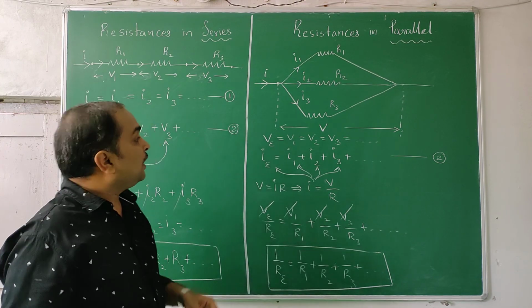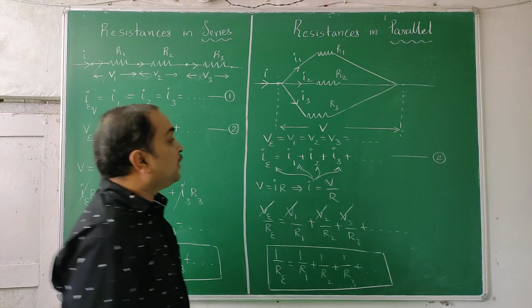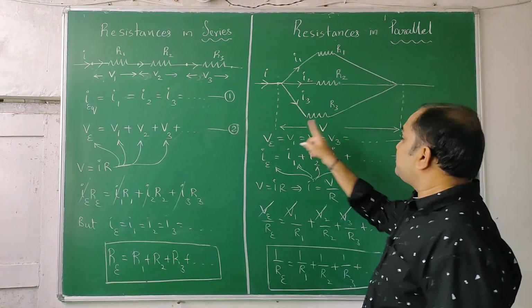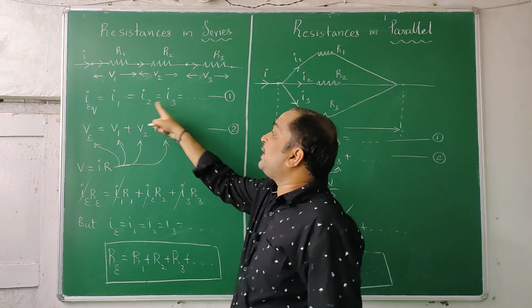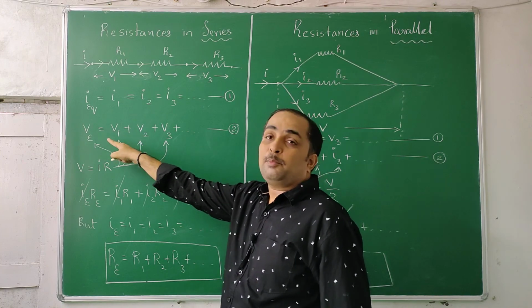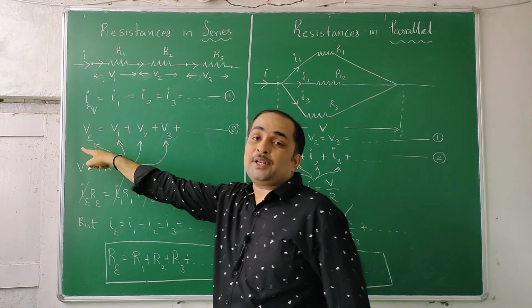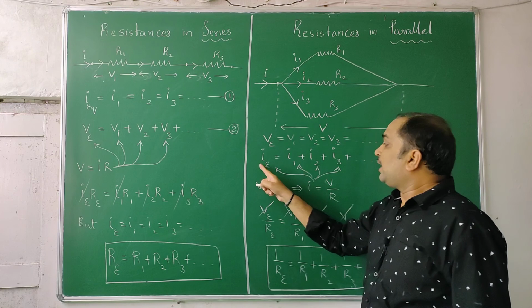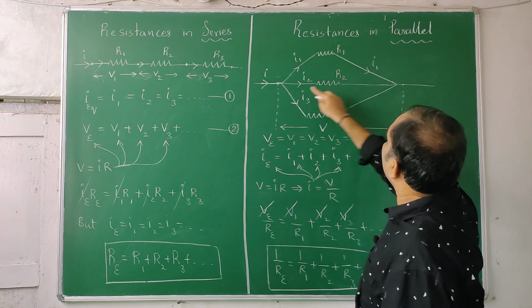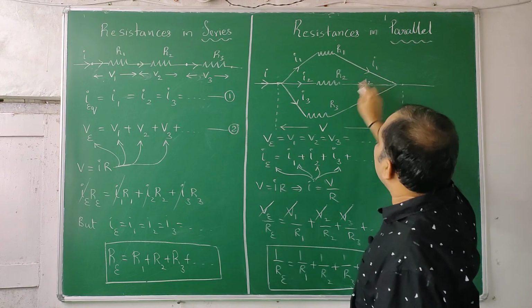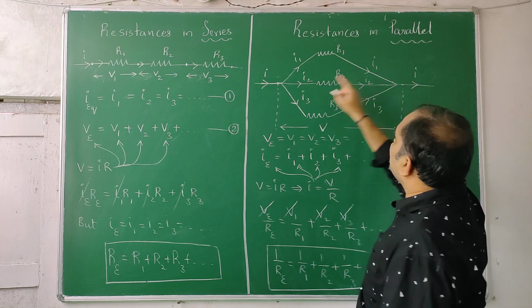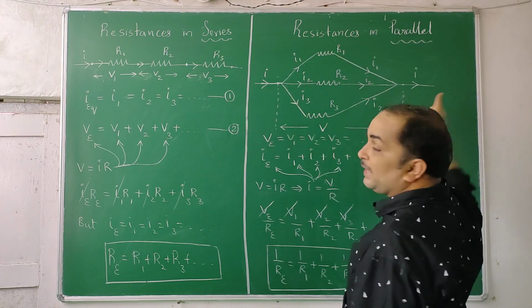This is the basic idea, and while learning this, every student has to understand equation number 1: in parallel the potential difference will be constant, in series the current will be constant. Next, number 2: in series, potential differences should be added to get the equivalent potential difference. In parallel, currents should be added to get the equivalent current. So this I1 comes like this, this I2 comes like this, this I3 comes like this. All of them get added to get back the I. Whatever current split here will come back here.